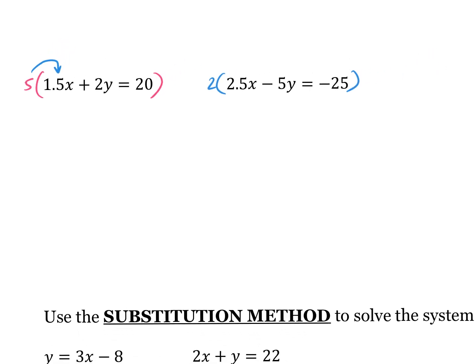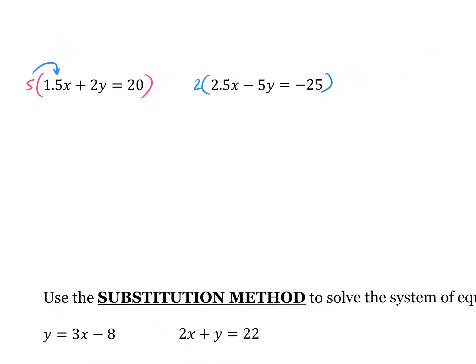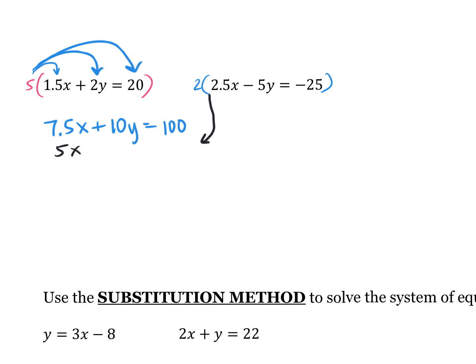It'll add up to be a whole number. But even if we're using our calculator for that, you guys, we're okay. 5 times 1.5, what are we going to get? 7.5x plus, how many y is there? 10y equals 100. Now, when I go distribute my 2, I'm going to put it right down here so I don't have to keep writing it. 2 times 2.5, 5x, minus 10y,